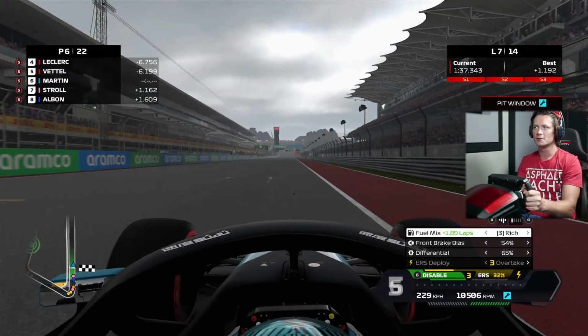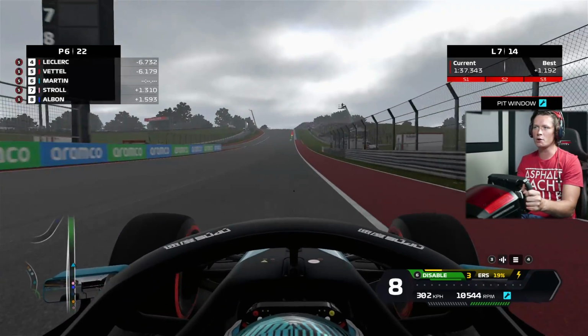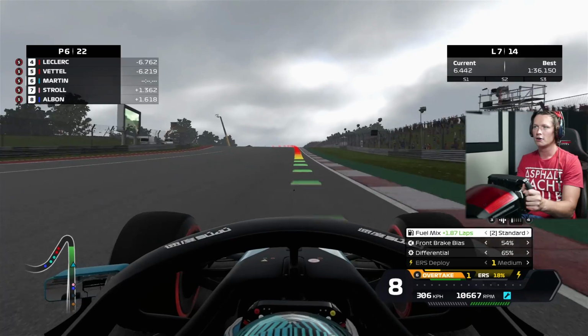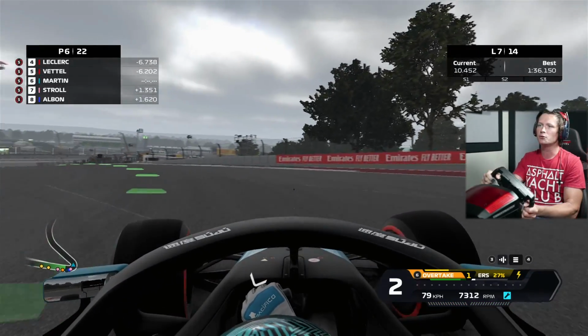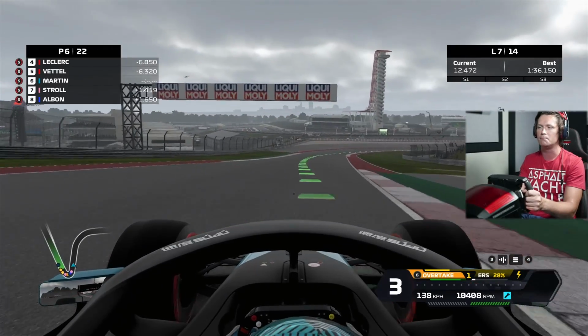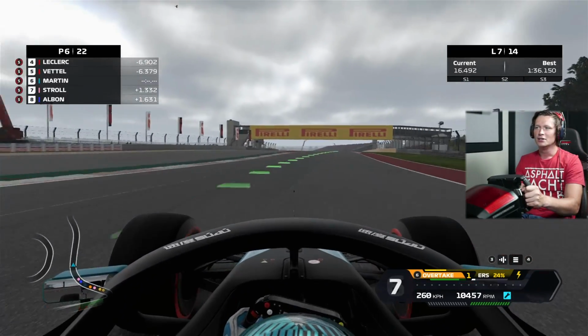Push, push, push. We're going to box this lap. Push hard on the in-lap. Are you sure we want to box right now, Jeff? I almost don't mind being a little... the problem is we don't know how heavy the rain is going to be. It didn't look like it was going to be that heavy. So, like...